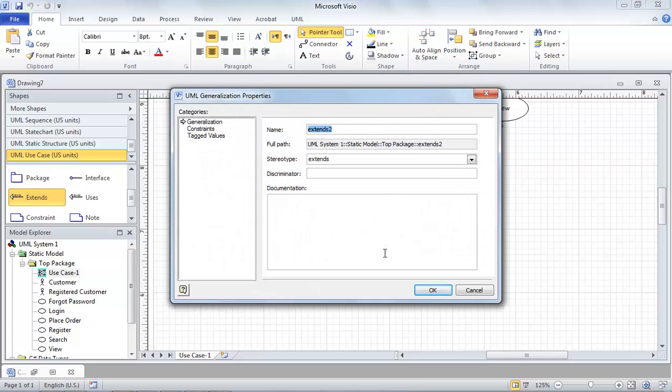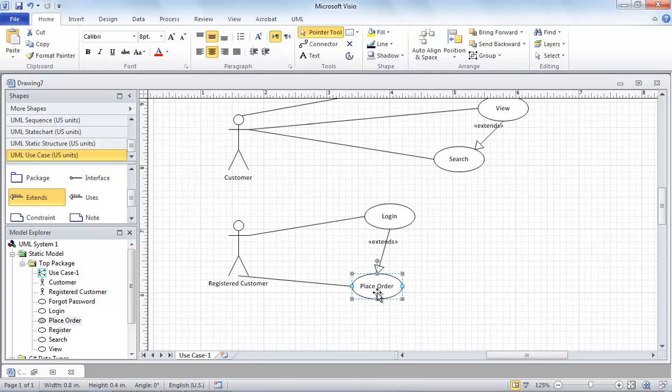He may not have been logged in again. So while the customer is placing an order, the requirement is he should always be logged in. But what if he is already logged in while he is placing an order? In that case, you may not need him to log in. So in short, placing an order may not always require the customer to log into the system, because if he is already logged in, the place order will continue